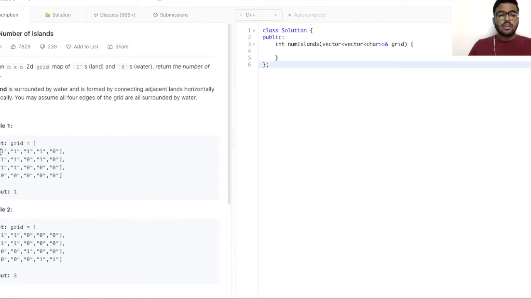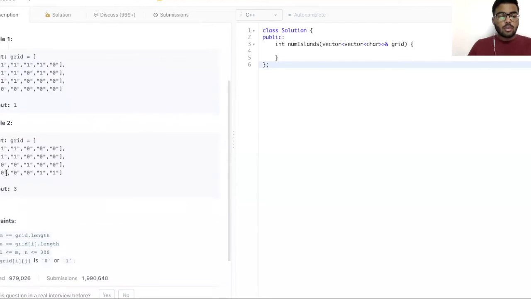So for example here, 1 1 1 1 1, this is continuous because it's not broken by any water between them. So all of these form one island, and all the rest is water.